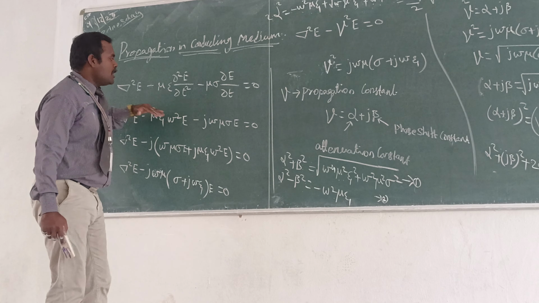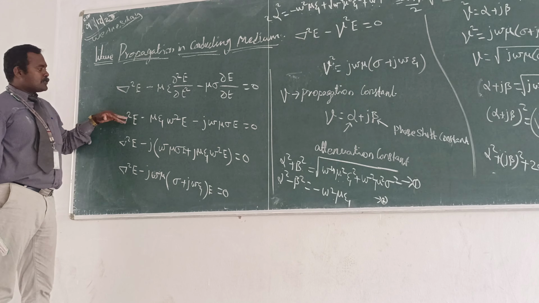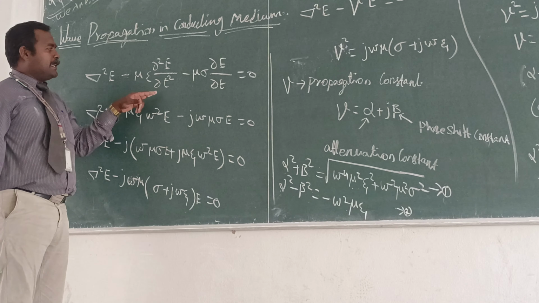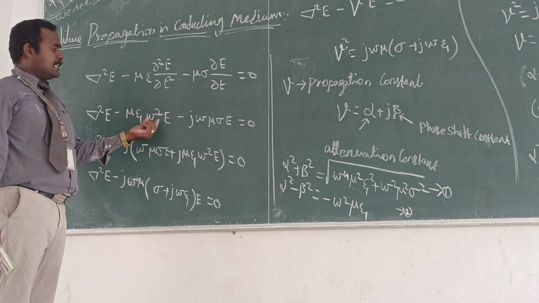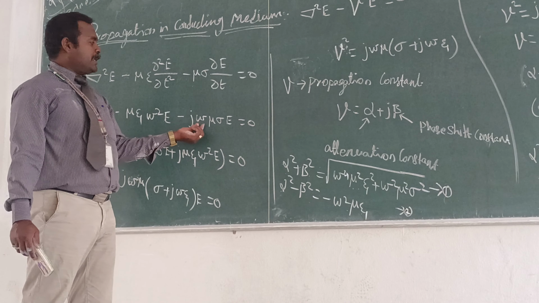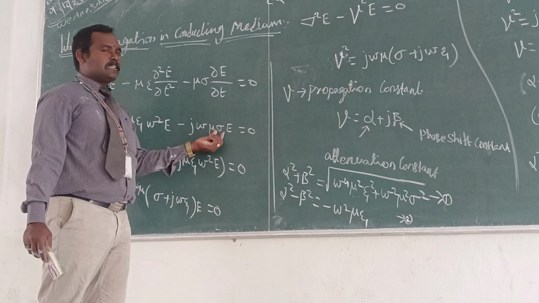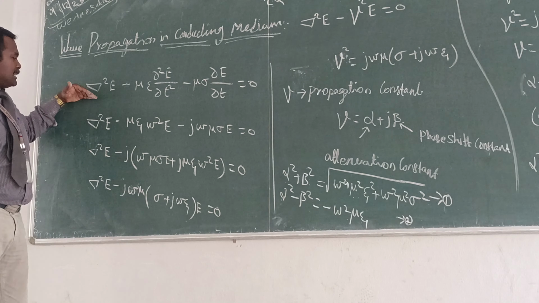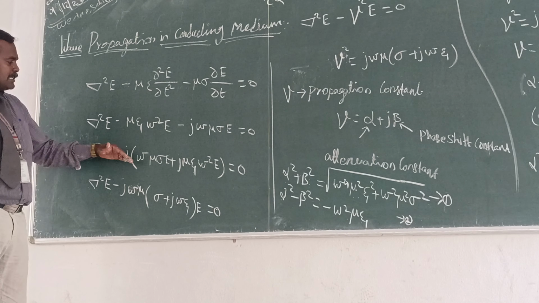It has three terms. So from the wave equation, we can write the phasor form. You can replace the del square E by del t square, just replacing the real part that we all know. Similarly, here the j omega constant term will come. So here you can write it in phasor form from the first equation, then take the common terms outside.